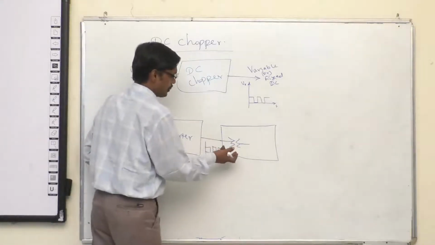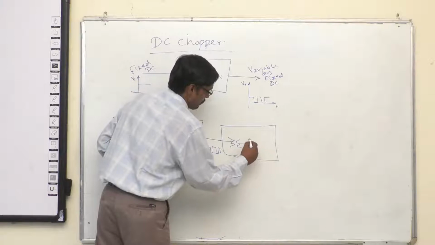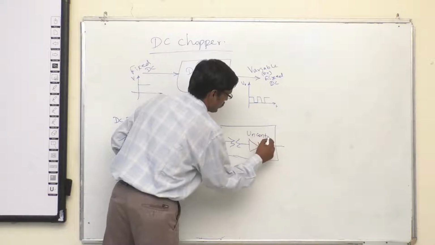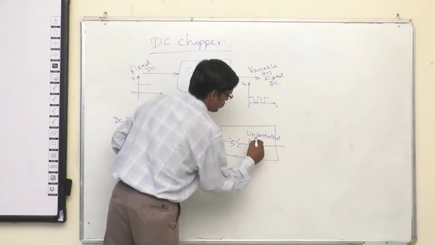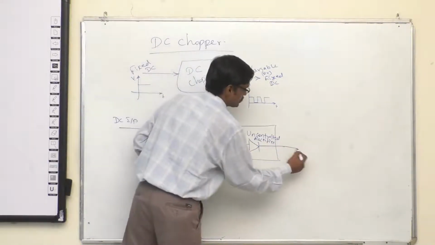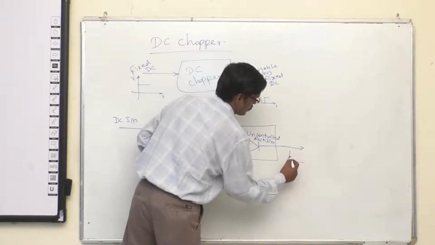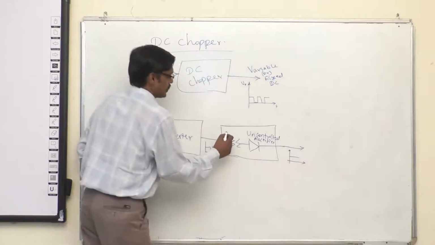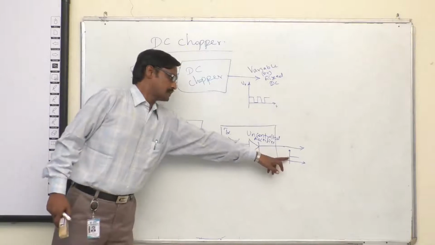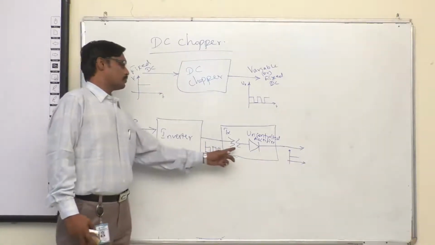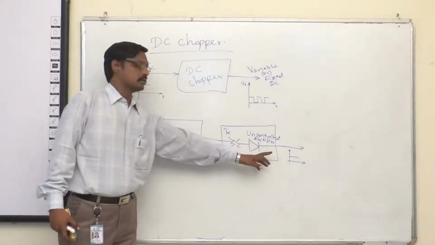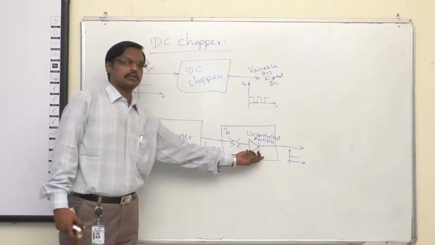It may be stepped up or stepped down, and then it is applied to the uncontrolled rectifier, that is diode rectifier, which converts AC into a fixed DC. So whatever value you want, you can get it here. So here it is a transformer. If you want to change the output voltage level, you have to change the turns ratio of the transformer so that your output voltage will be controlled. Here it is uncontrolled rectifier, so there is no control here.